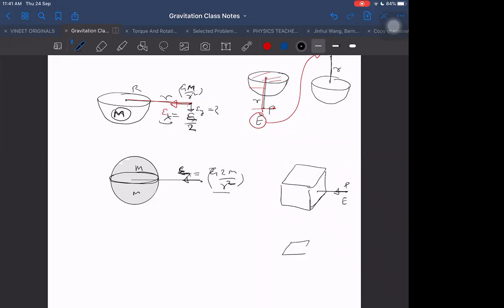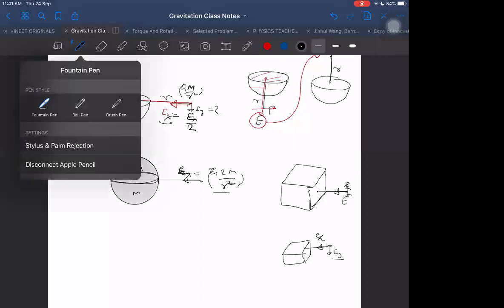Then I will say that I have broken the cube into 2 half pieces. Due to one half, what will be the field E here? Field due to one half will be E by 2, and other half also E by 2. Some y component will come now, which we don't know what it will be. Why did that y component not exist in the beginning? Because that was getting cancelled. But due to one half only, it will be existing. Such kind of questions we can answer.